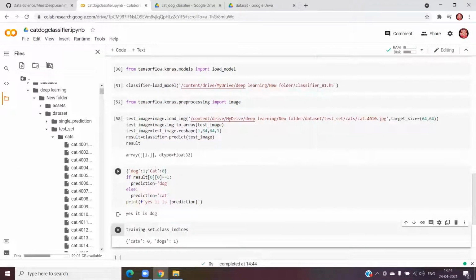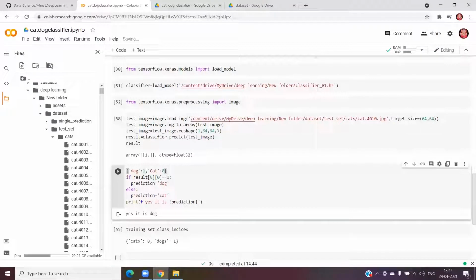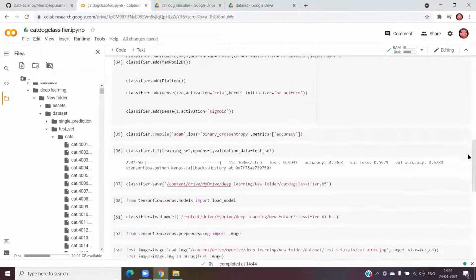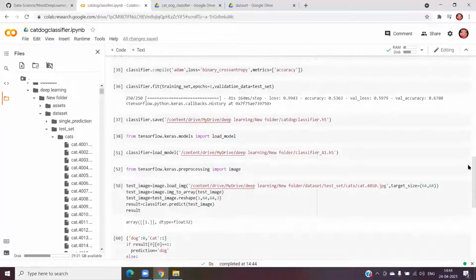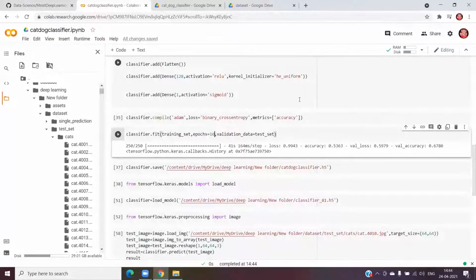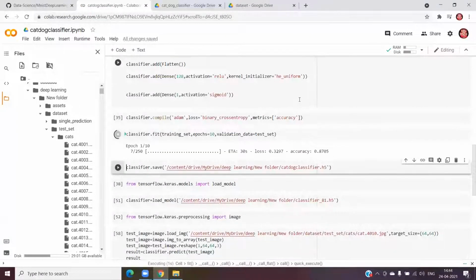My classifier is not a perfect one, so I think that's the problem. For me also it is giving the opposite. So just try to train your model again and then try to give the image. Because for Ranjini it's working perfectly fine. So just make it 10 epochs and then try that. We'll do this and then we'll talk.